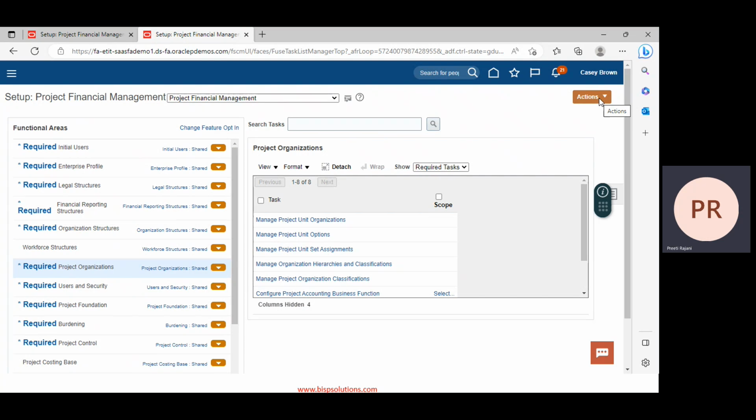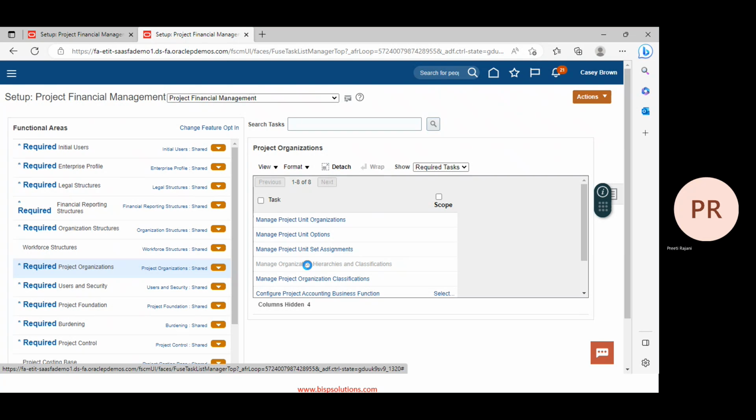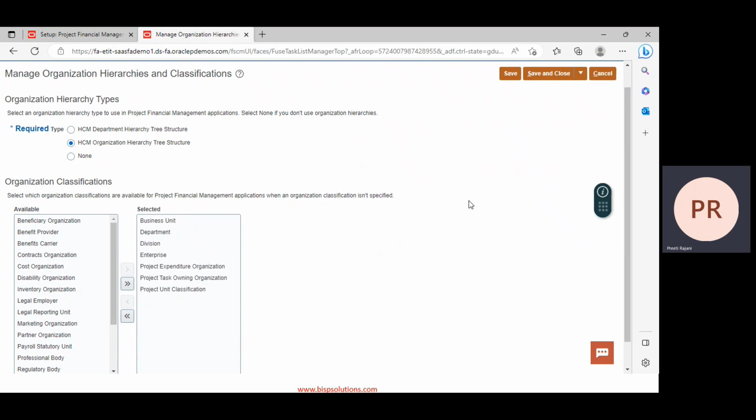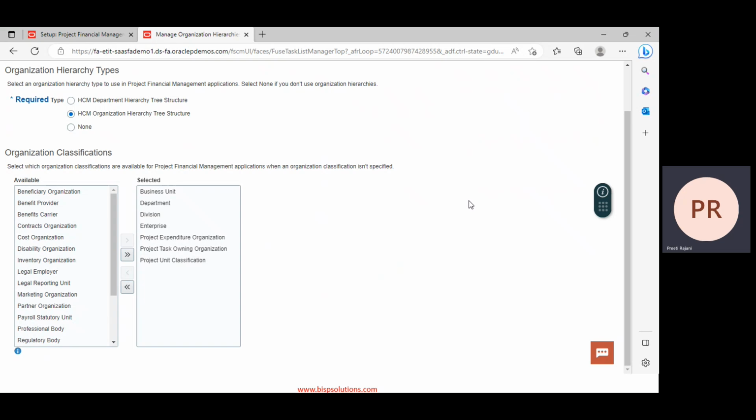Move to the next task. Click on this task, that is manage organization hierarchy and classifications. Say I want to create an organization hierarchy for my PPM. Now I want to select on which basis my project portfolio management module will work. So I've created business unit and department. I didn't work on division, so I will remove this